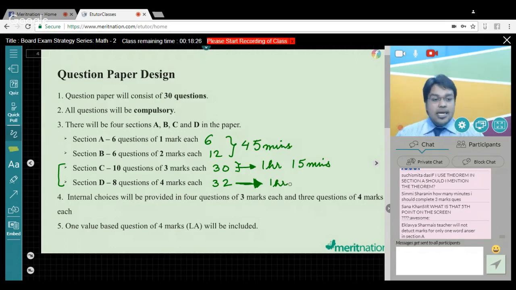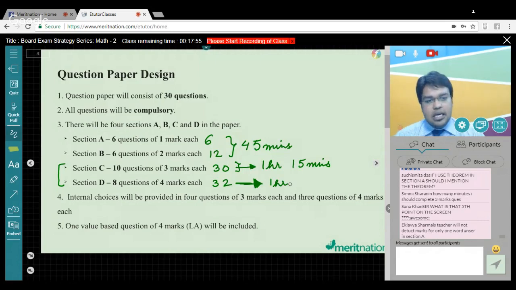Now, I'm not allocating time for revision, right? What you can do is you can have two strategies basically. Guys, pay attention now. You can have two strategies. One, you can start with question number 1, section A and B, finish in whatever time you can, move on to section C, try to solve it as quickly as possible. Then you can revise, right? You can revise section A, B, C very quickly, 5-10 minutes. Then move on to section D.